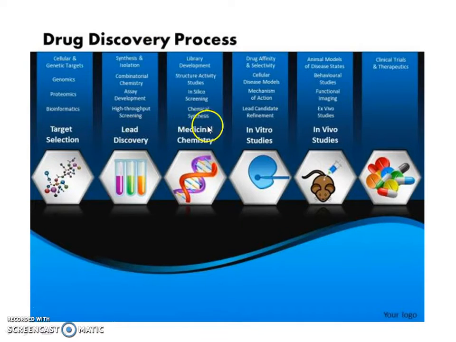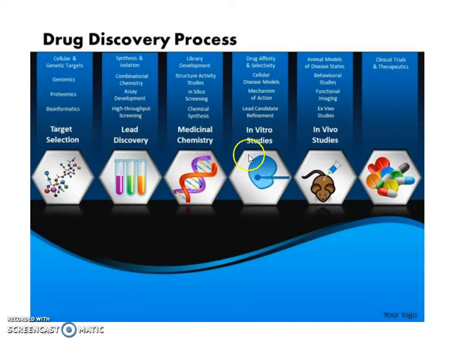Once the new drug molecule has been synthesized, the medicinal chemistry department develops a laboratory for the developed molecules, where several analogues of the molecule which has been discovered are made. Out of these several molecules, the best ones are selected and carried forward for the in vitro studies. In in vitro studies, drug affinity and selectivity is tested and cellular models are chosen. Also, the mechanism of action is studied in the laboratory. In vitro studies are called so because they are done in laboratories outside the body.